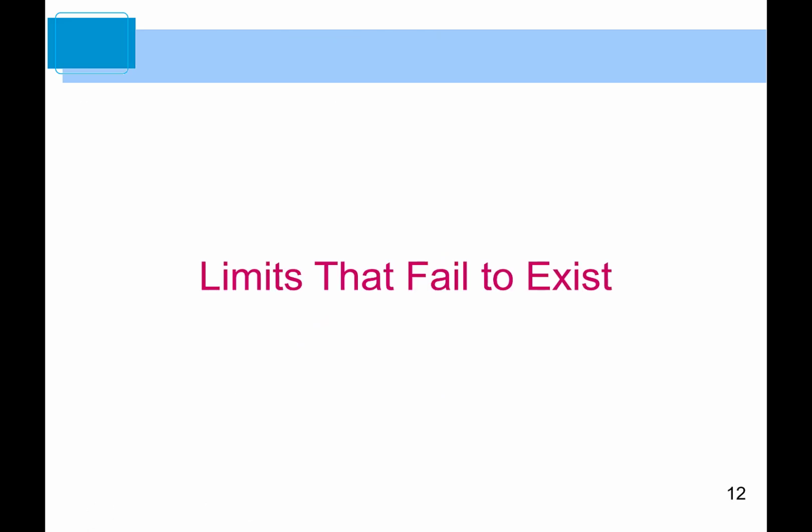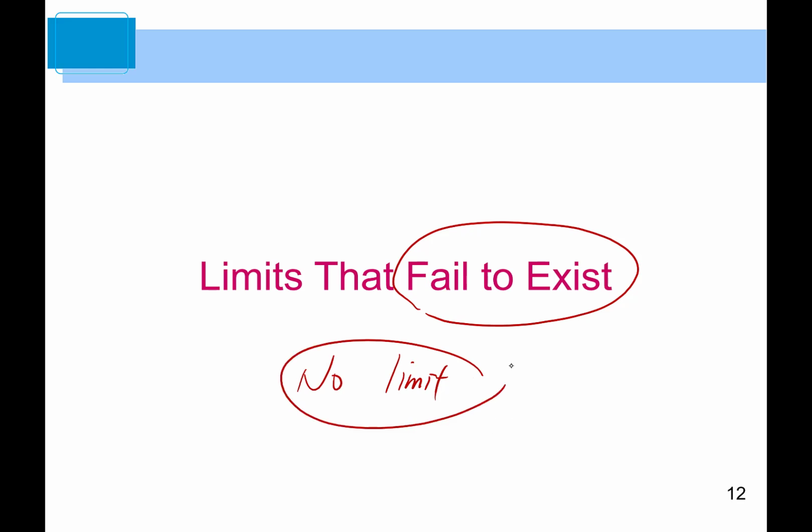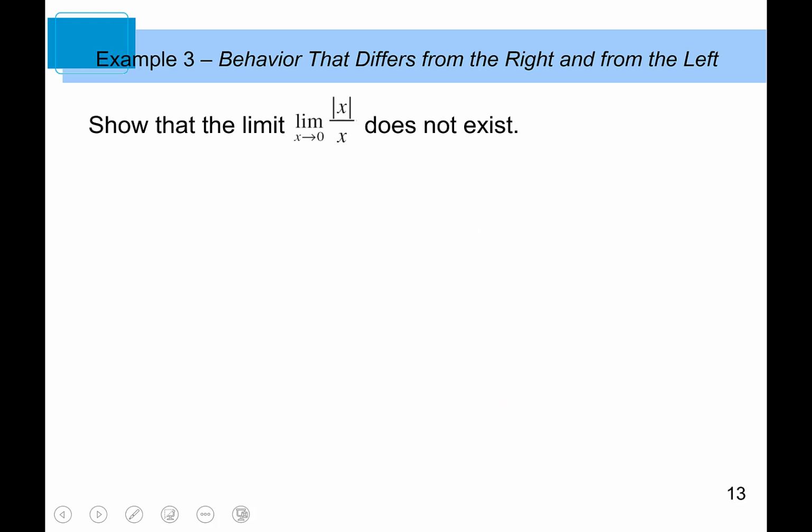So let's take a look at some cases for limits that fail to exist, meaning no limit. Let's take a look at several examples. There are 3 different cases where a limit does not exist. The behavior that differs from the right and from the left shows that a limit when x approaches 0 does not exist. So on the left-hand side of 0,